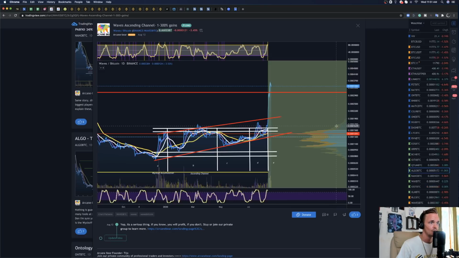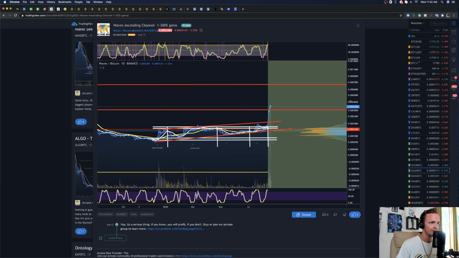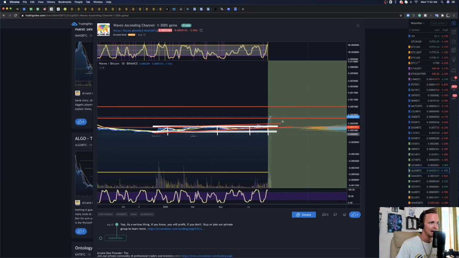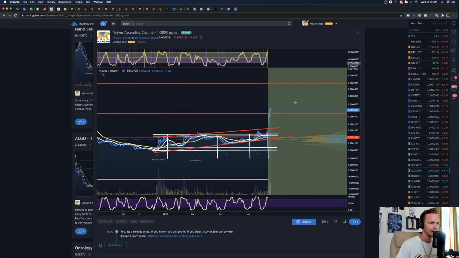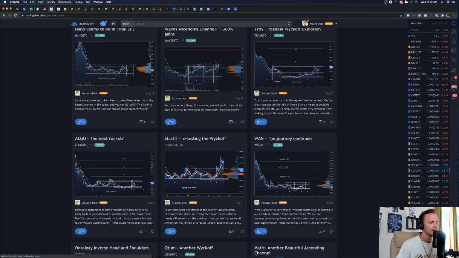Yeah, an enormous gain. So one of the fun things, if you don't know about TradingView, I can't actually edit this. There is no edit button. Once I draw up a trade and I make my targets, there's nothing I can do about it. So here are my secondary, and well, I just have a first and a secondary profit target range here as well. So I do suspect Waves will continue higher. So even though I'm not convinced we're in a bull market for Bitcoin yet, we're actually in a bull market for a bunch of other tokens because of their ability to move.